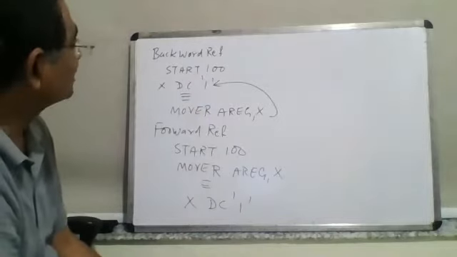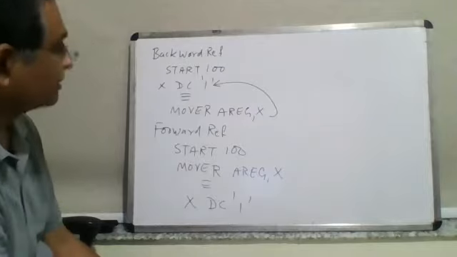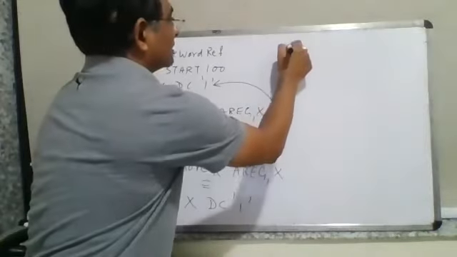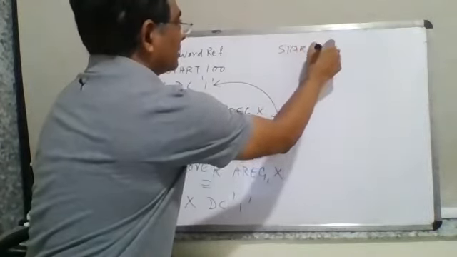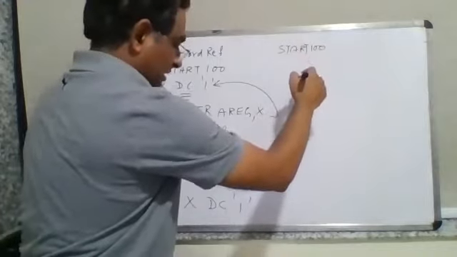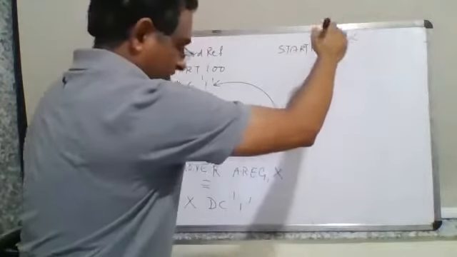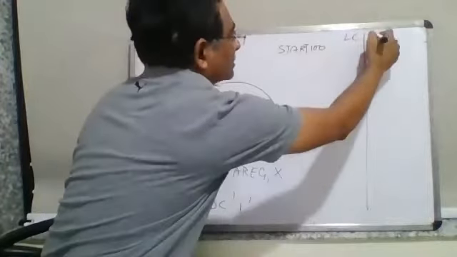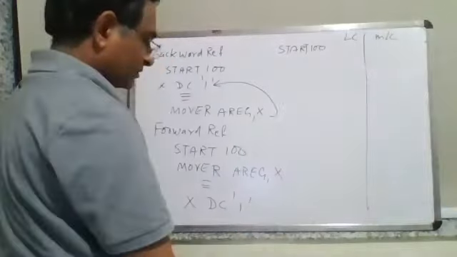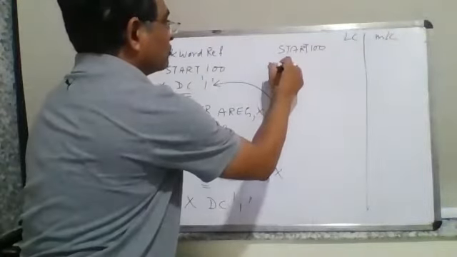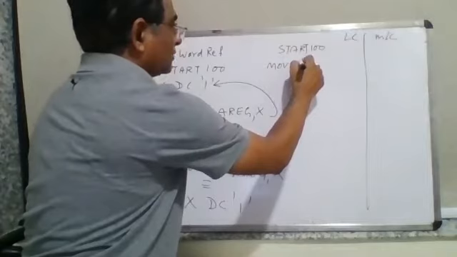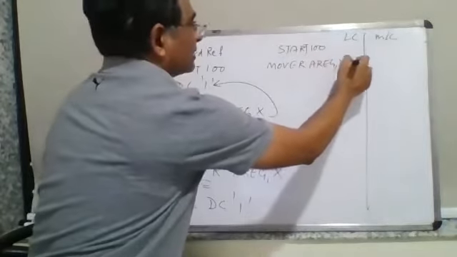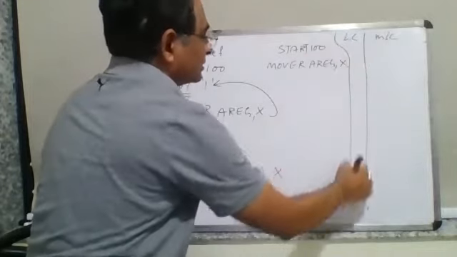So how these problems could be handled is, let's say I'm giving you one example for that. Let's say there is something like start 100, right? Start 100. And what will be the location counter for this? We will see that, and we'll also generate the machine code for that. We'll skip certain things here so that it becomes easy. So let's say move R areg, and I'm saying the variable is X,